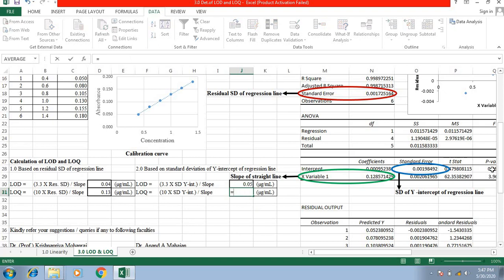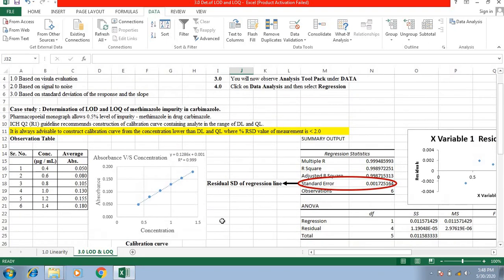For LOQ equals bracket 10 into standard deviation of the y-intercept of the regression line, bracket complete, divided by slope of the line. So I got LOQ. In that way, you can calculate LOD and LOQ based on the third approach, standard deviation of response and slope.